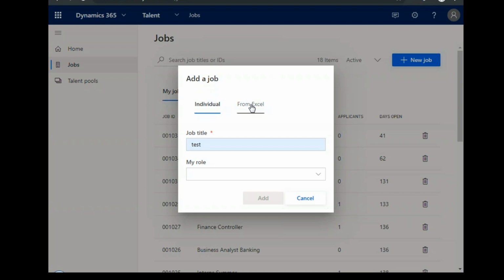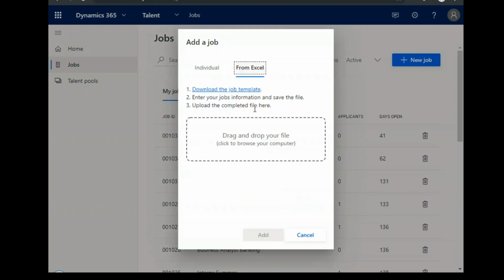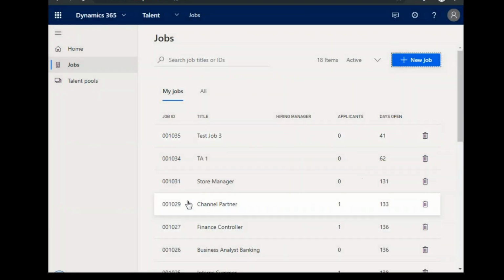If you are doing bulk hiring for, say, summer interns, you can download the template from the hyperlink which is displayed here. Once you fill the template, you can drag and drop the file here, and all the various summer intern jobs, for example, would be imported and shown on your screen. Then you can define the process for each of those jobs. When I talk of process,